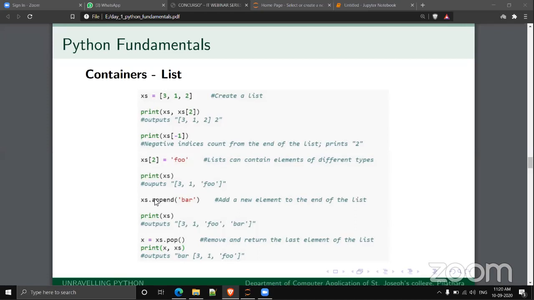In the case of strings also, we have so many functions. Just make yourself familiar and try some experiments with that. With this limited time, I am explaining only a small set of functions in each type.